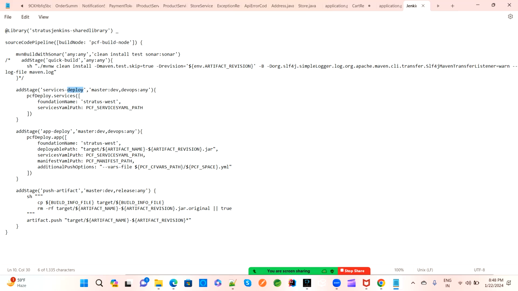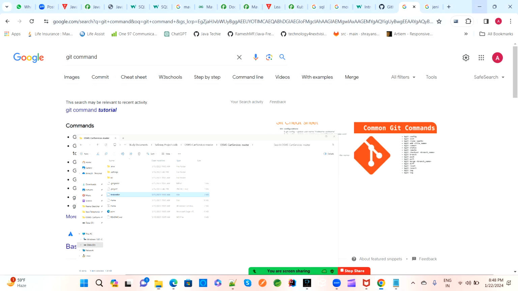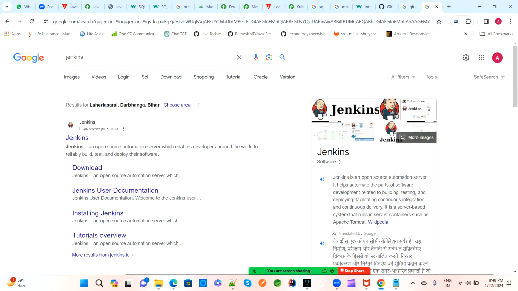This deployment will have a PCF feature. See, this PCF is there. For my case, if I want AWS cloud services, then we have to mention some AWS cloud services. So how it is happening, if you want to understand this Jenkins,